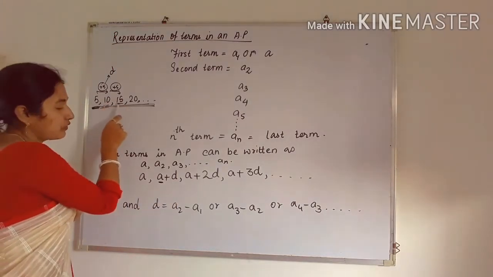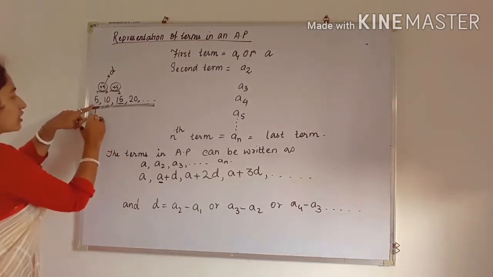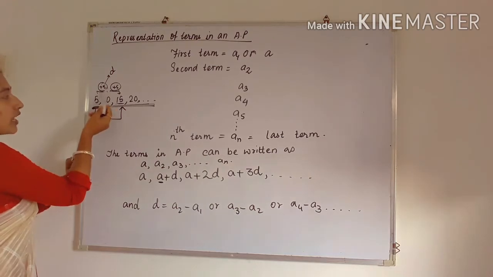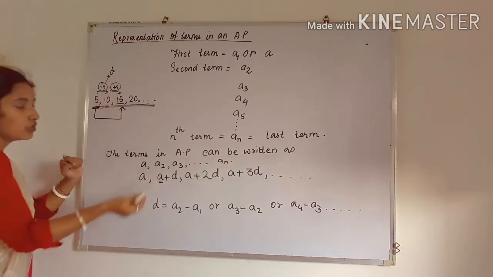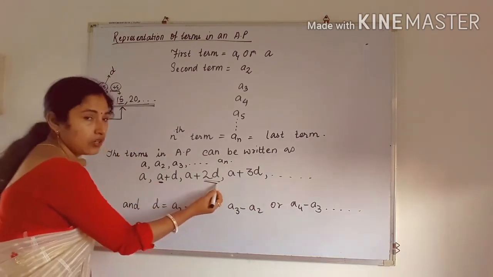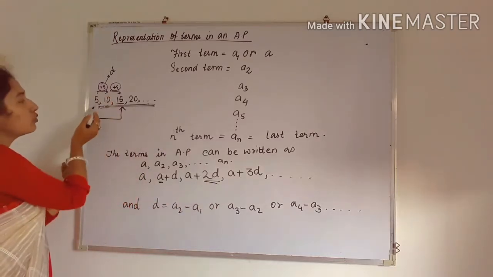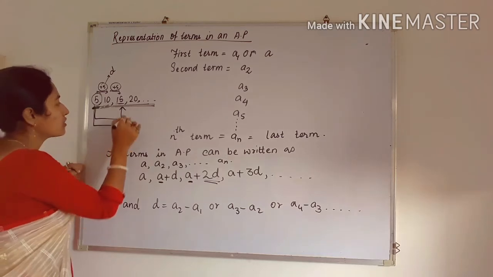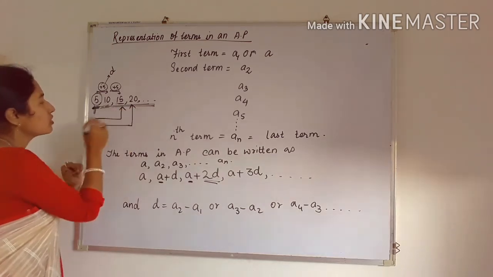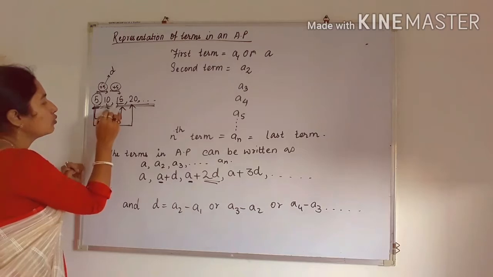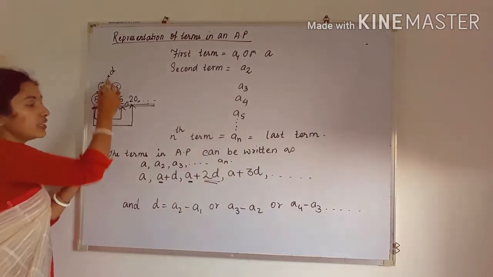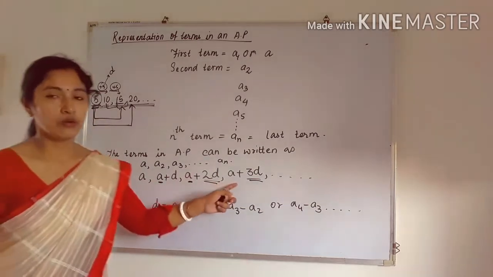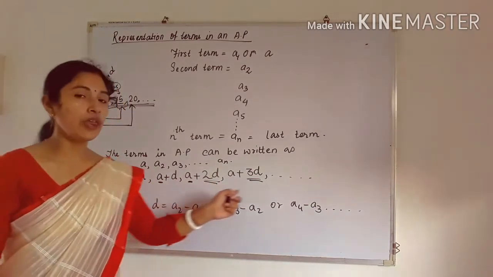Similarly, how we will get 15? See, you have to see the relation between 5 and 15. So see, we have to add 2 5s. That means we have to add 2 D's. So 2D can be written like this, 2D. Okay, and 2D we have to add into the first term. So this is the first term. Similarly, when we relate first term with the fourth term, so see how many 5s? 1, 2, 3. 3 5s, that means 3 D's. So 3D we are adding to the first term, and first term is A. Okay, so like that the sequence will go on.